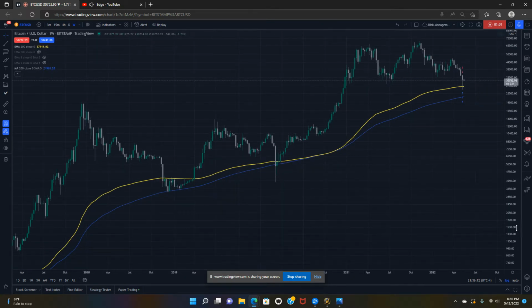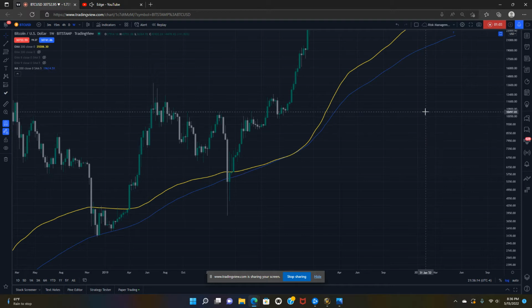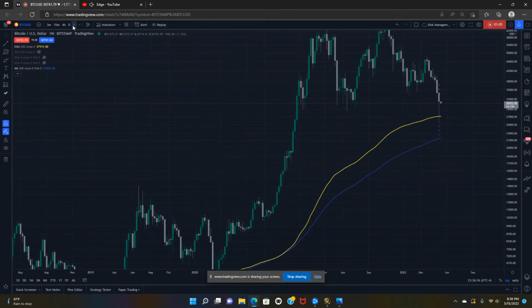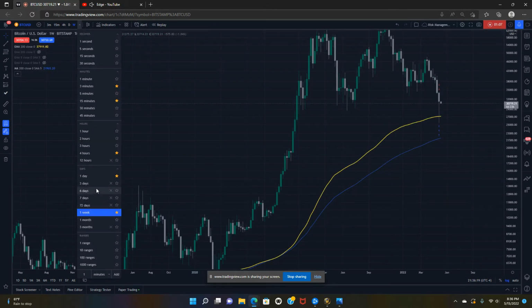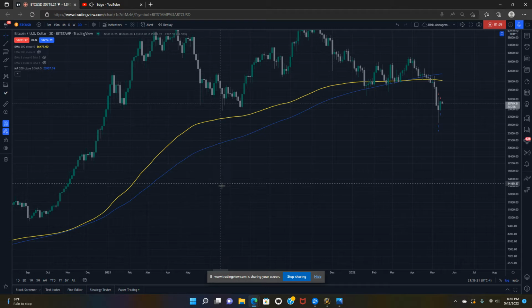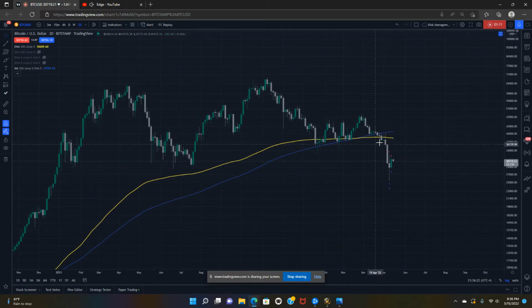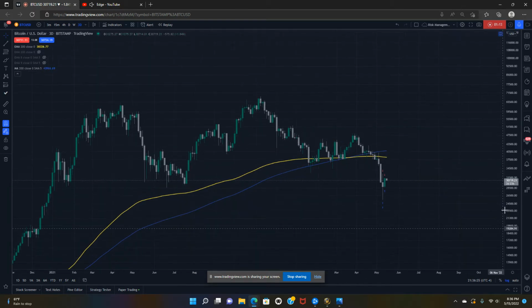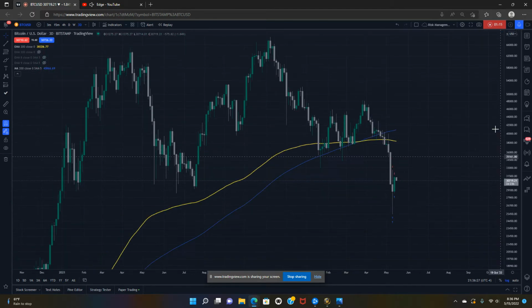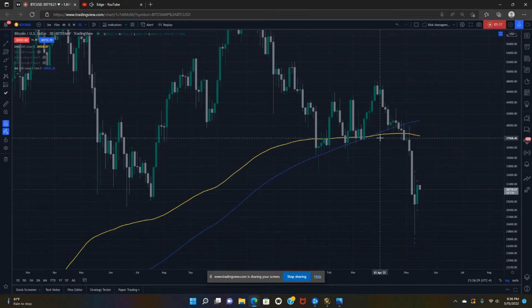In Bitcoin's history, it's actually never done that on the weekly. It's always maintained above it. So I guess we need to go down to a 3-day chart to see any. So here you see the 3-day faster moving average, the 200, creep below the slower one here, and then you get price compressed down here,